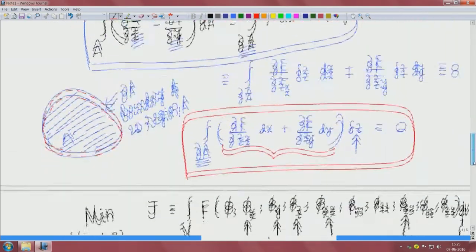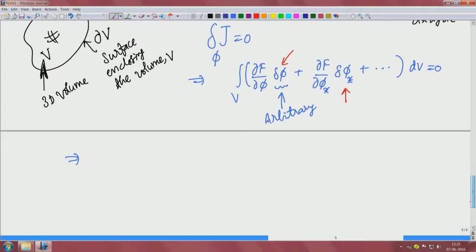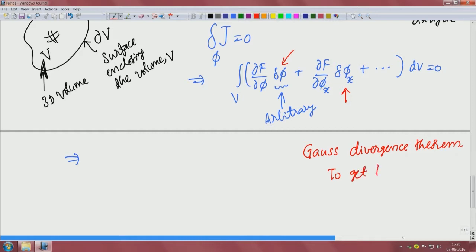In the case of 3 dimensions, we have to use Gauss divergence theorem, that is the integration by parts equivalent in 3 dimensions, to get the boundary conditions on the surface of the 3 dimensional